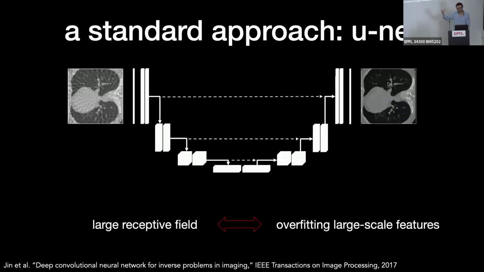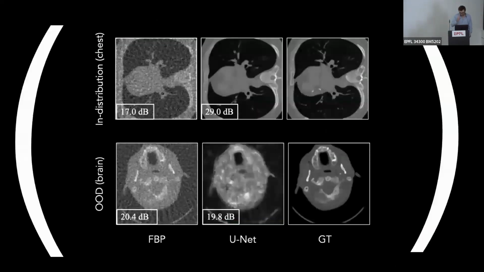Now, once you apply this fixed cheap inverse, a filtered back projection, it turns out that the information about any given pixel is spread with these streak artifacts. Information about any singularity is spread around the image with these streak artifacts. And so statistically, if you want to be strong in estimating a given pixel, you have to look at the whole image, right? And in some sense, what you need is a wide field of view, and this is why these networks work well. But once you have a large receptive field, then you tend to overfit to large-scale structures, right? Because they help you achieve a good MSE. Okay. And this is just to recall that this is actually the case.